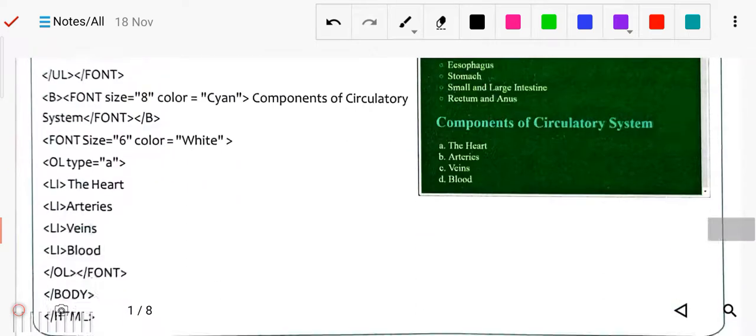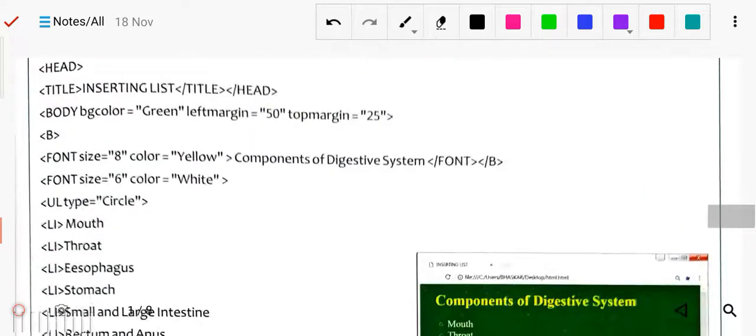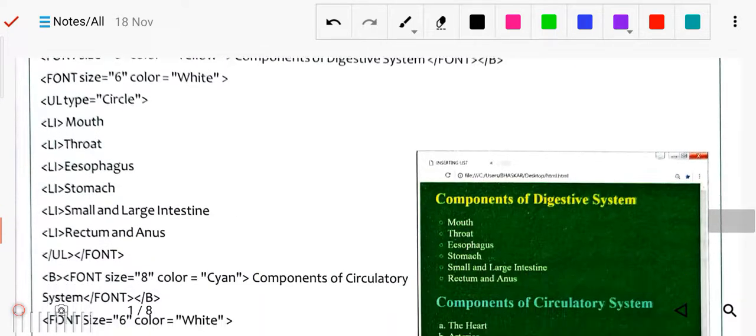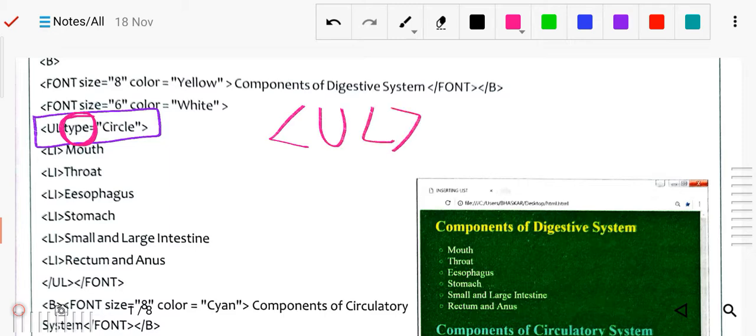See here in this example, you just understand. Everything is the same, the title, body, head, and everything is there. Now here we have defined, you just see the ul tag, meaning unordered list. In the unordered list we use the attribute, the same as we used start or reversed. Earlier we were simply using the unordered list and closing it, but now we will use the unordered list and define the type.